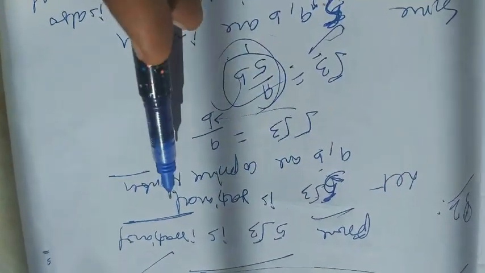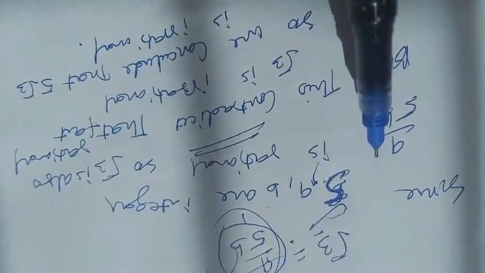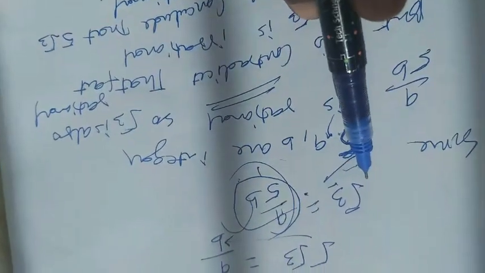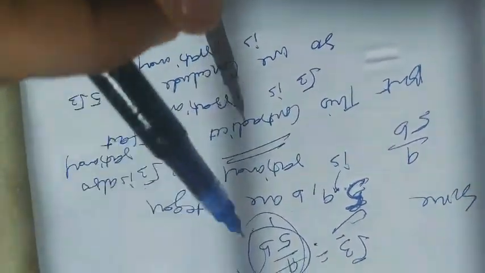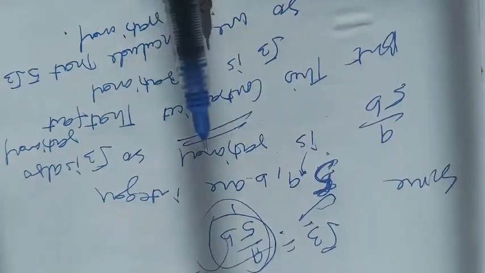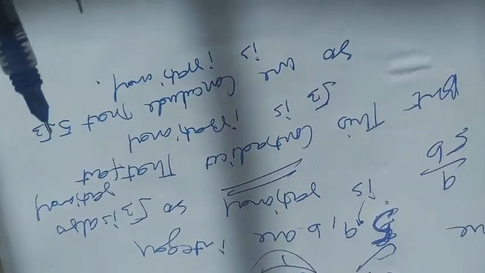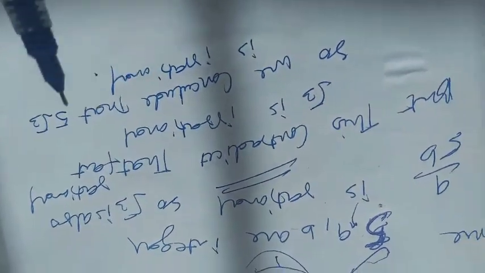Starting: 5 root 3 is rational, a, b are co-prime numbers, or we can write a, b are integers, so you can write 5 root 3 equals a upon b. So 5 is transferred here by cross multiplication, a upon 5b. Since 5, a, b are integers, a upon 5b is a rational number. As we know that these are rational, this becomes also rational, but we know that root 3 is irrational. There is no need to prove root 3 is irrational. Understood or not? Okay, but this contradicts that fact root 3 is irrational, so we conclude that 5 root 3 is irrational.